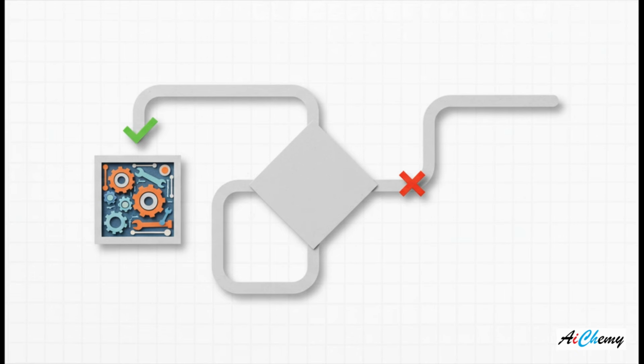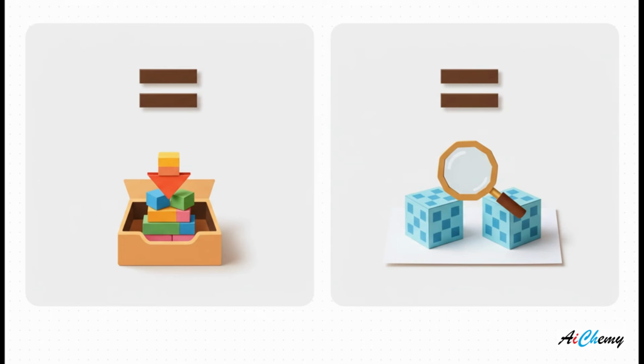You give it a condition, some question that can only be true or false, and if that condition is true, a specific chunk of code gets to run. If it's false, the program just skips right over it. It's really that simple. Now, pay close attention here, because this is a tiny detail that trips up almost everybody